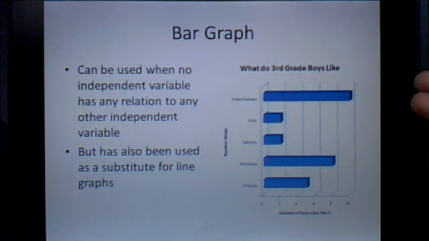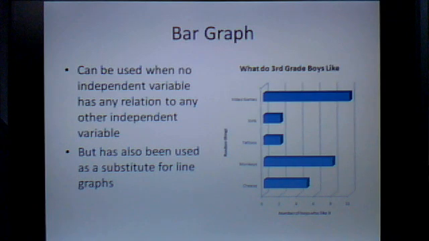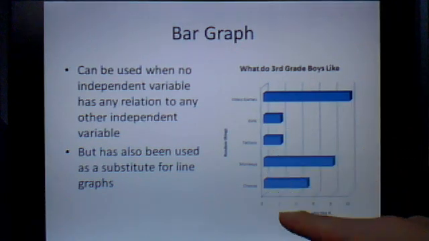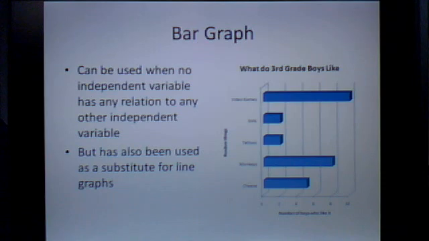Random things. So I just made up a couple of random things. This is not meant to be taken seriously. It's a hypothetical, made up questionnaire type scenario. Let's look at this. Video games, girls, tattoos, monkeys, cheese. Okay? If you look at this graph, you can tell that